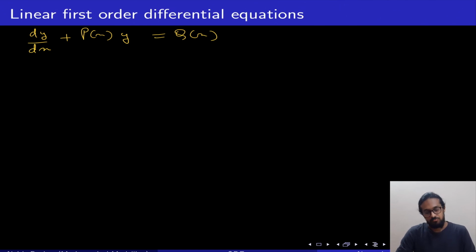So now if I were to just simply rearrange this, I'm going to denote q of x and p of x as simply q and p. You have to note that they are both pure functions of x. Only if we can write it in this form, it's a linear first order differential equation, and that's what we are considering right now. So if I were to write it this way, I would get it as